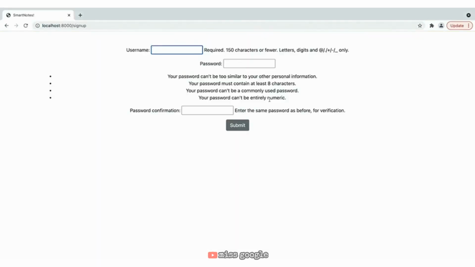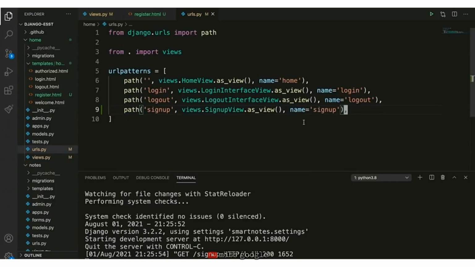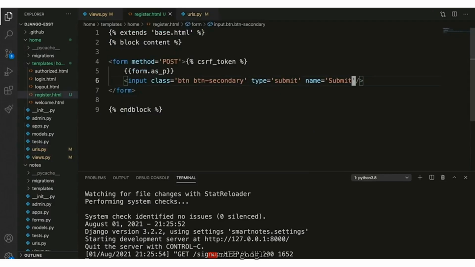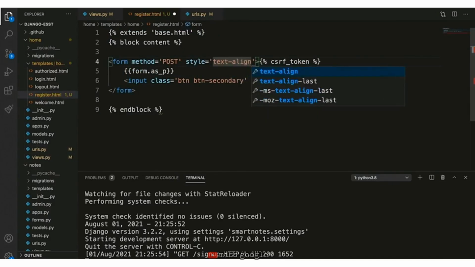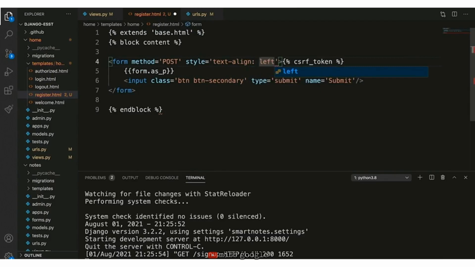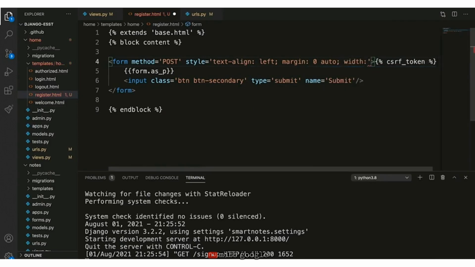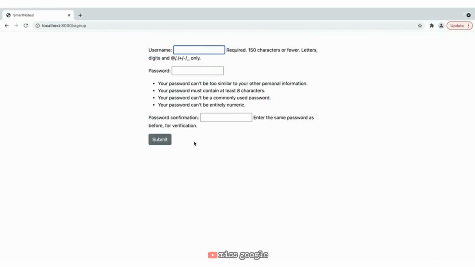Okay, so we still have some styles to do. So let's add some style as well. Let's go back. And then in the form, we're going to add some centralization and text-align. So let's align the text to the left. And then margin is going to be 0 auto. And then let's add a width of 600 pixels, more or less. Okay, there you go. Now we have a signup